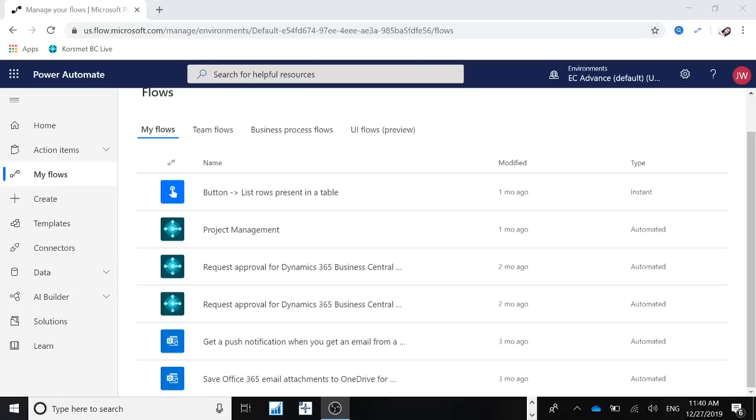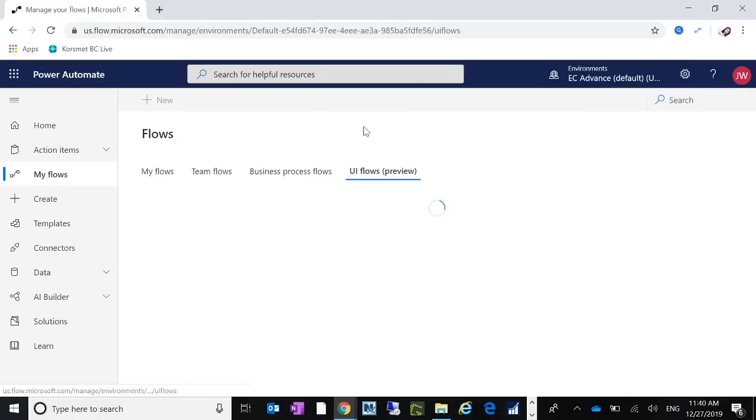Another part is called the UI flow. In the UI flow, you can automate the desktop UI flow, and also you can do web UI flow automation. So in this video, I would like to do a demo for these UI flows. At first I want to share something exciting to see how the UI flow works. I did a desktop UI flow automation, and actually I think the idea of the UI flow